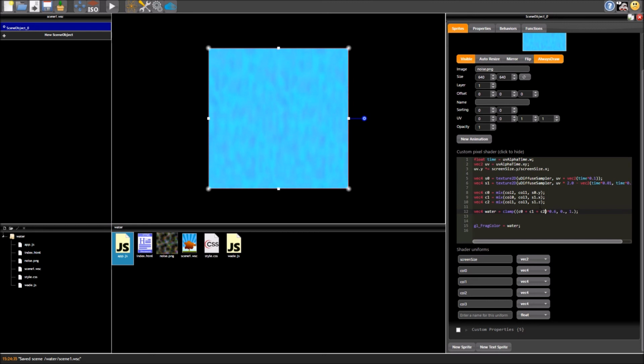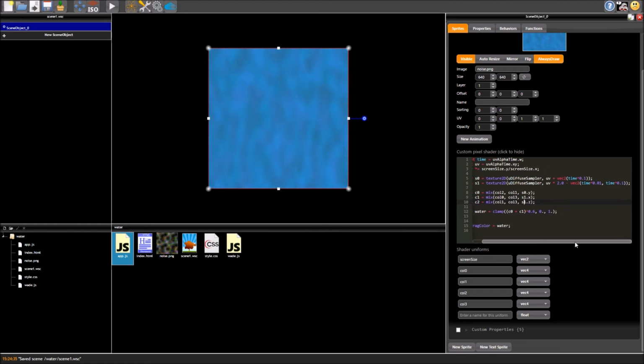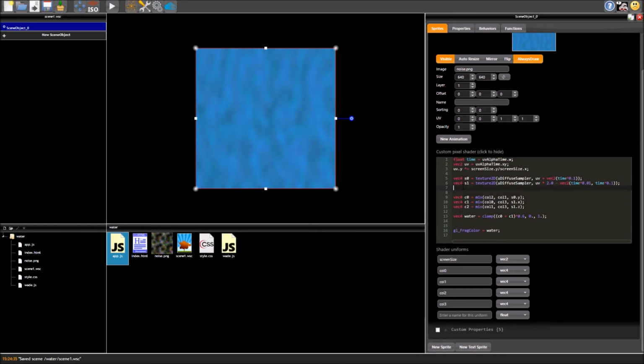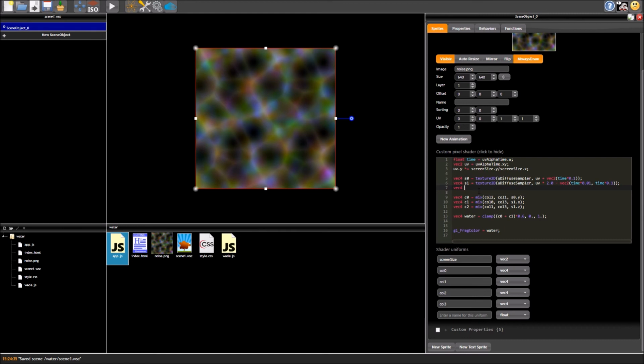Because I'm adding another color, the values of course got higher, so I'd have to decrease this. But I'm actually going to undo that. I don't like the look of that, so let's get rid of that. And I think the problem is the sample moving in the same direction, so I think we need 1 more sample just to complete the look. So I'm just going to go ahead and add that now.